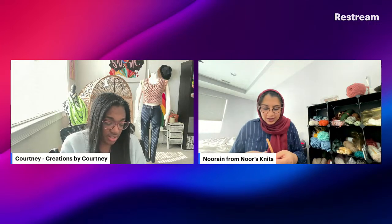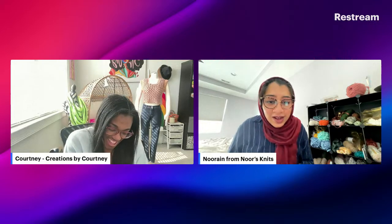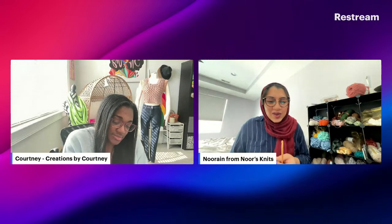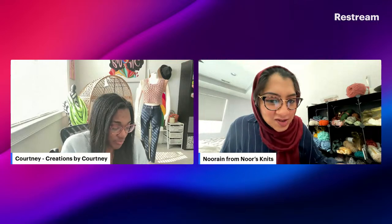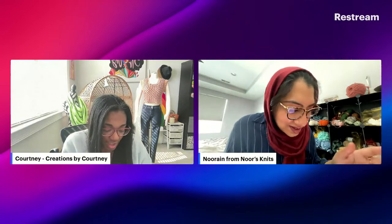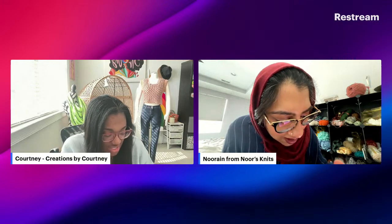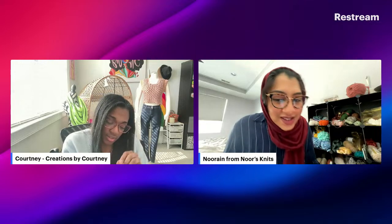I think we should have started with the cowl. Does the cowl not have the magic ring? No, I don't think so. Really? Okay, I'm gonna look at it. If it is just basic increases, it is easier, let's just do that. If it's more similar to the cozy, I would rather do that. I think it is similar to the cozy. It's just using different stitches and it has some increases. Okay. Wait, I mean, this is kind of...